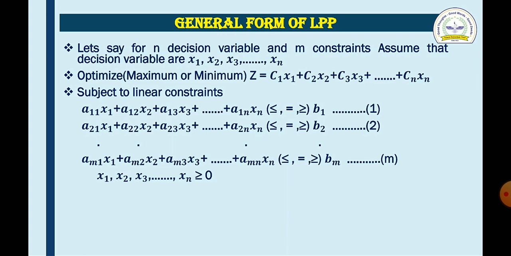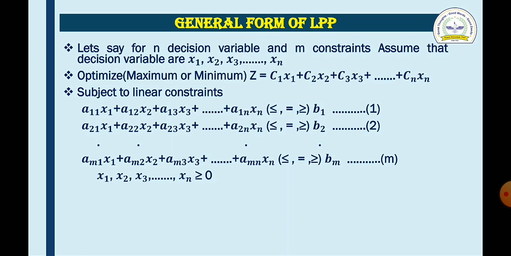The objective function may be of a maximization type or a minimization type. So Z equals c1x1 plus c2x2 plus c3x3 and so on up to cnxn, where c1, c2, c3 and so on up to cn are coefficients of the objective function, and x1, x2, x3 and so on up to xn are decision variables, and subject to